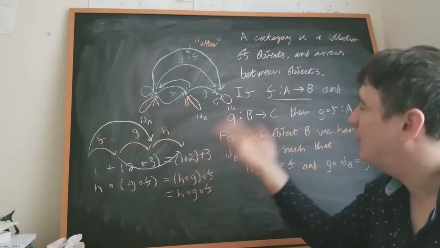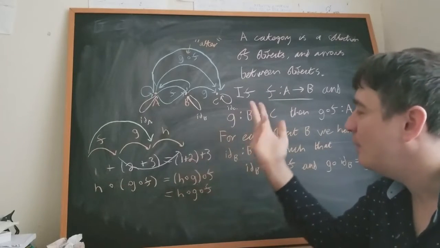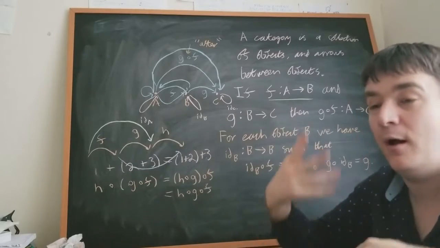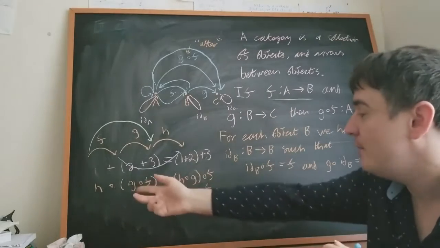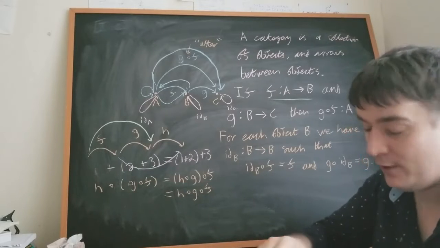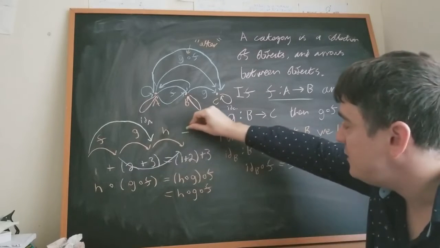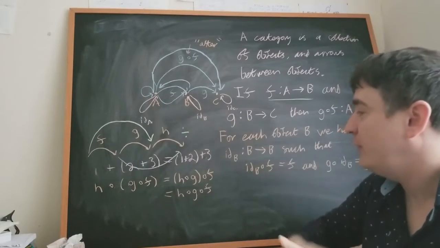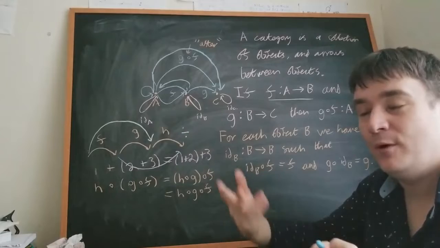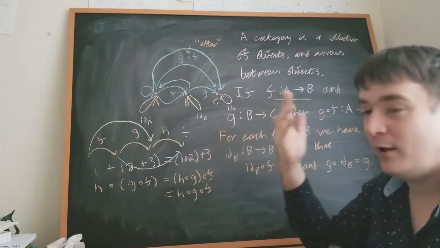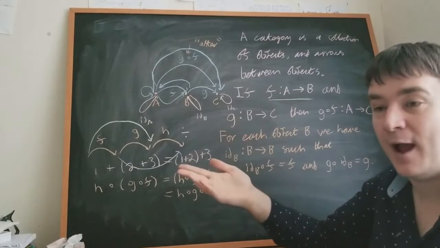You could play around with systems where this doesn't hold. You might want to think about mathematical operations that are not associative. Can you think of one? Okay, I'll tell you one is division. So that's not always an associative thing. But anyway, that's basically the definition of a category.